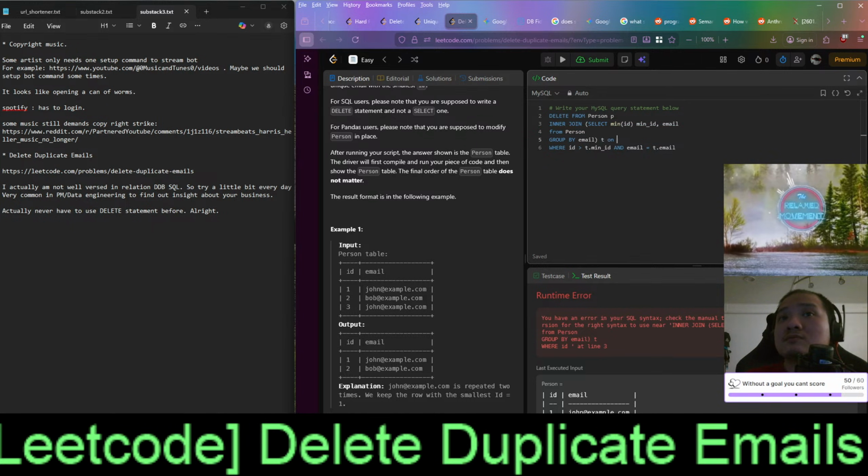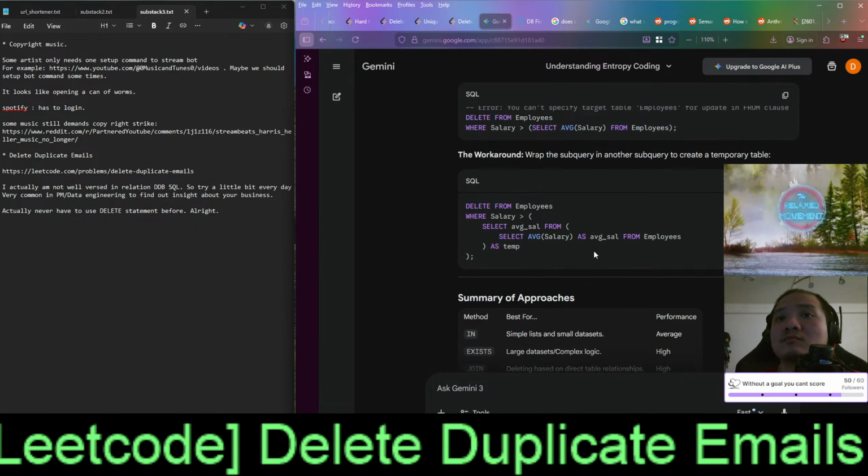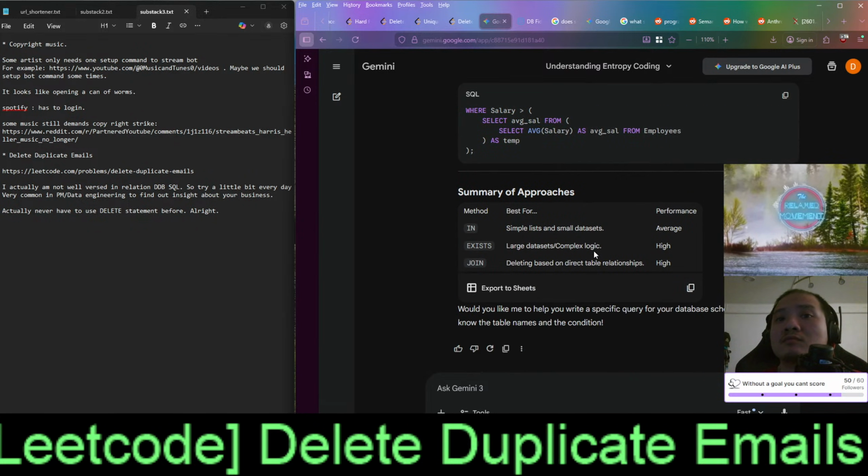On... if you have SQL delete from inner join, this statement with select with inner query, right?